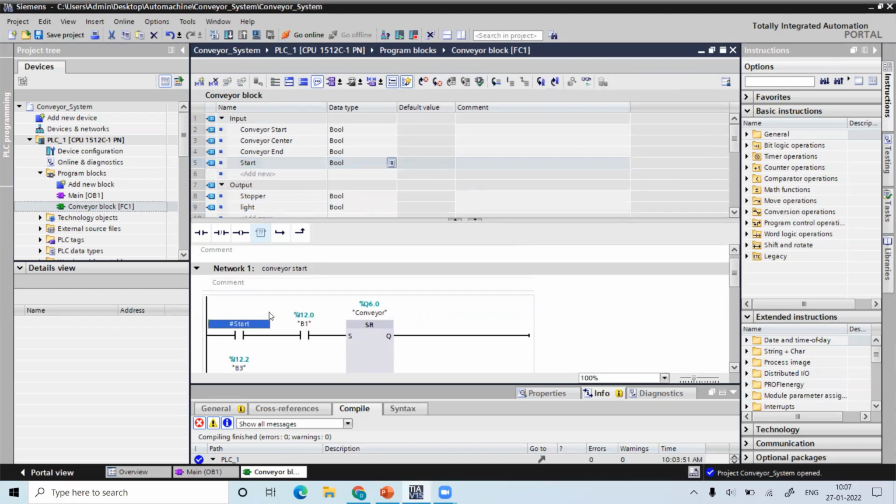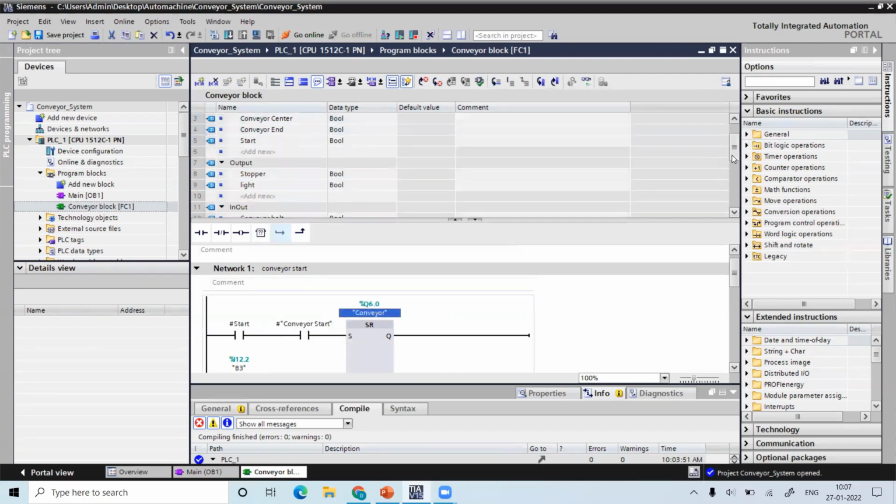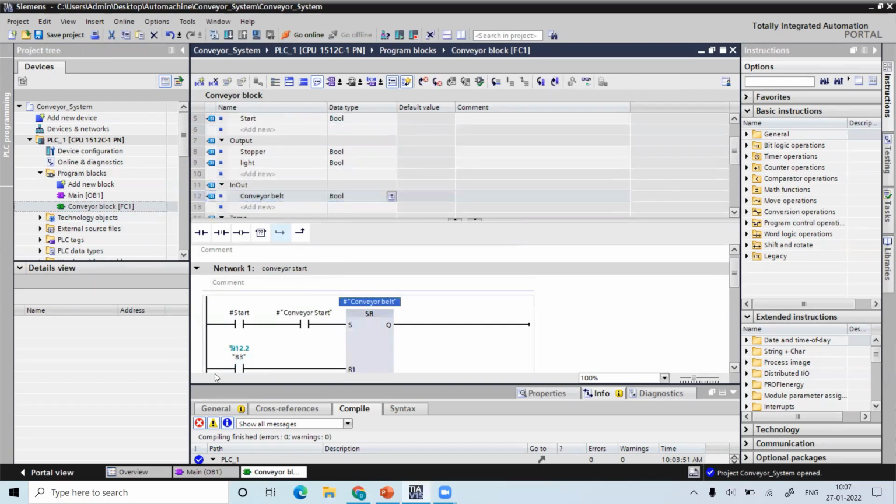I have created this rename. Here the pound symbol defines it as a local variable, and B1 is my conveyor start sensor. I'm going to copy this and paste this. Conveyor is both input and output because I'm going to take data from the conveyor to the input, so this is a conveyor belt.